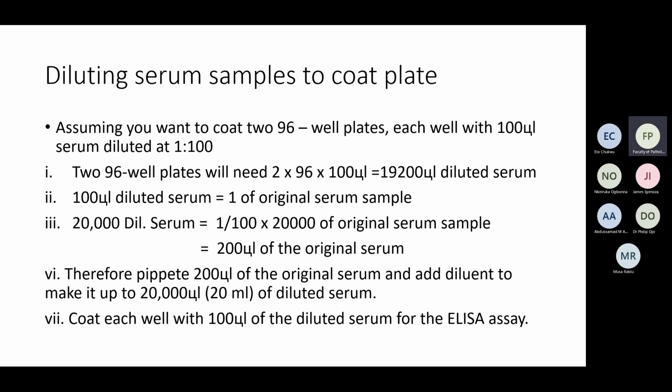Now, when you are doing ELISA, you have calculated that you are going to need 19,200 microliters of diluted serum. You will not base your calculation on this 19,200. You actually have to get a volume that is higher, because when you are pipetting, there may be little wastages along the way. So instead of preparing 19,200 microliters, you may want to use 20,000 microliters of diluted serum to make room